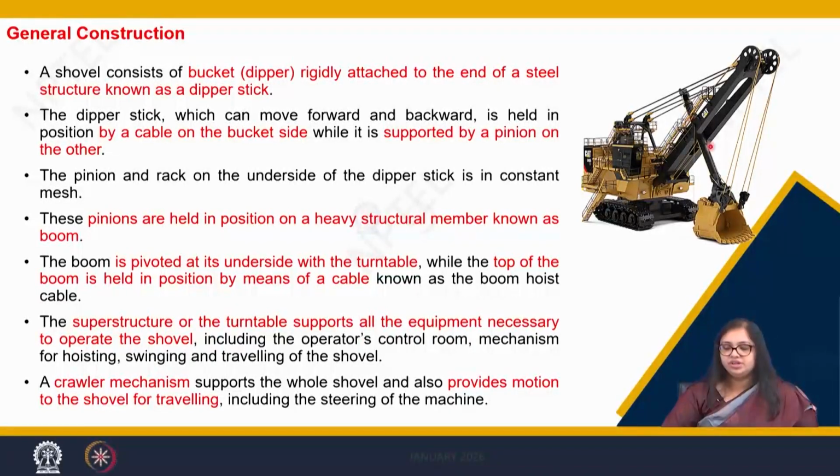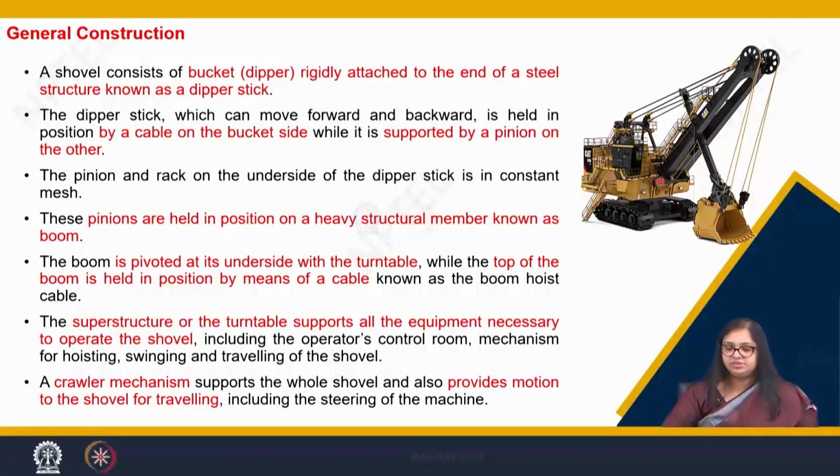So for the crowding operation, the forward and backward movement of the dipper stick is very much necessary. Now the pinions that we have been discussed, the rack is on the dipper stick, and the pinions that help in the forward and backward movement of the dipper stick are housed inside this heavy structural member which we call the boom. Now we can see that the boom is pivoted at its underside